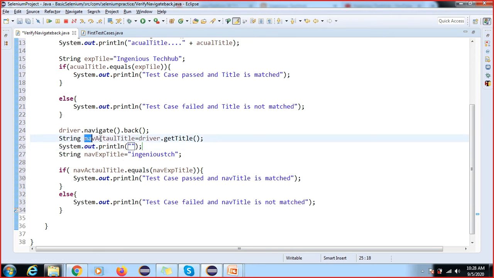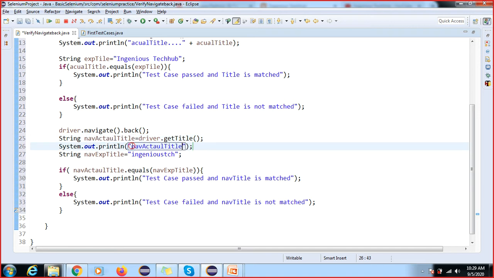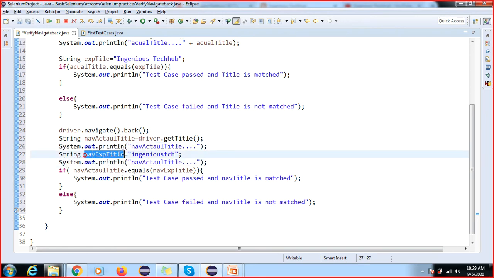So I will print it. Let's see. I'm printing this value as well, and I'm also printing this value. One second, I did not print this, just this is your actual value I'm printing here. Actual and expected value I am printing here.